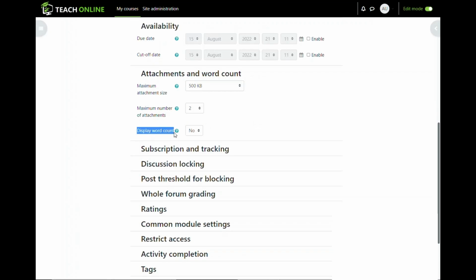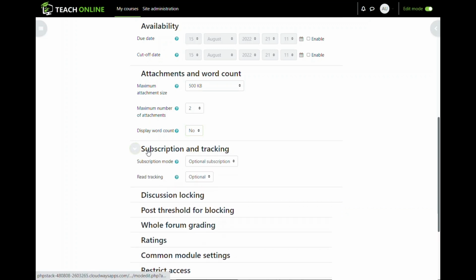Display word count will just be an informative number in the post that the student can read whenever they are typing, so they know how many words they already wrote. About subscription and tracking, it's important if you set up a forum where you are expecting